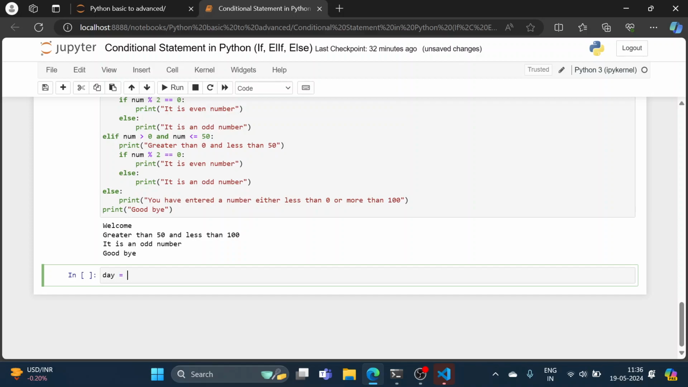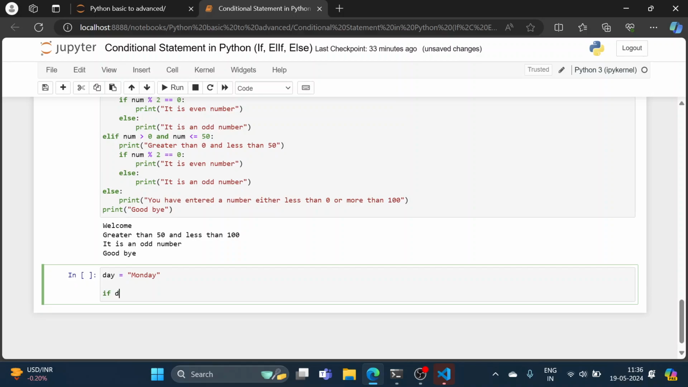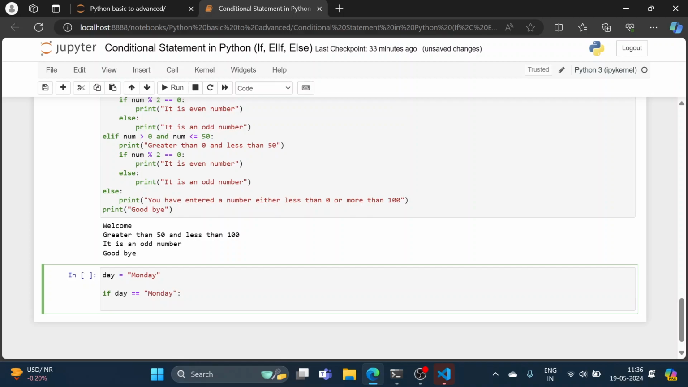you have some variable called day, and day can be anything. Suppose it is Monday. And now you want to check if day equals to Monday, then you have to do certain routines. But if the day is Tuesday, it does not matter. It is again a separate rule itself. That rule will not have any impact on this. So whether it is Monday or not, it will do something, print